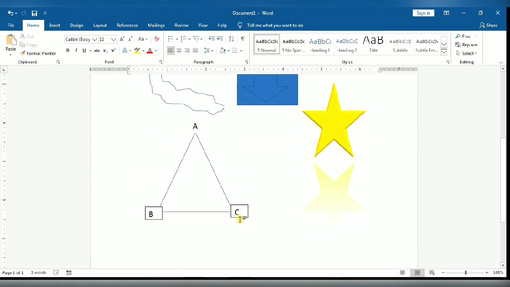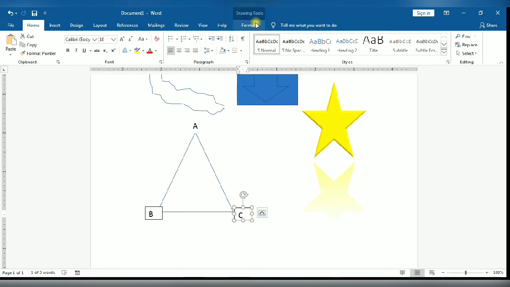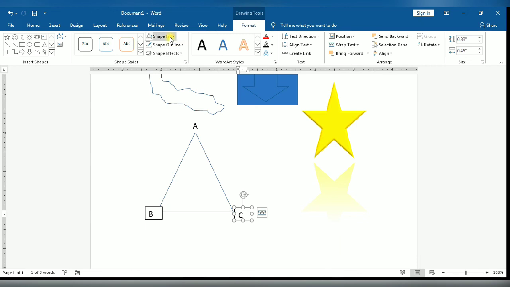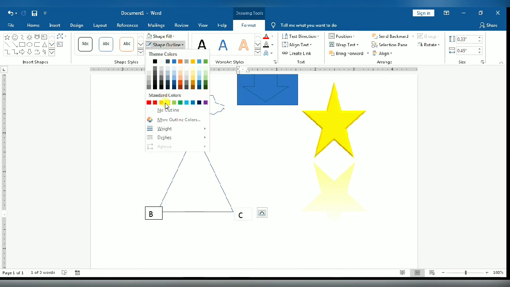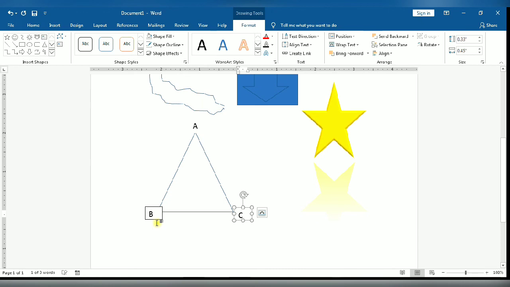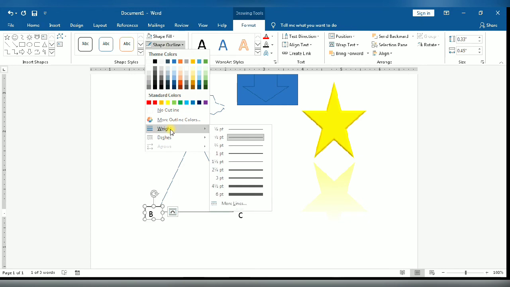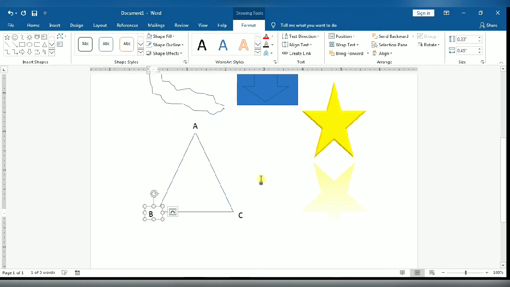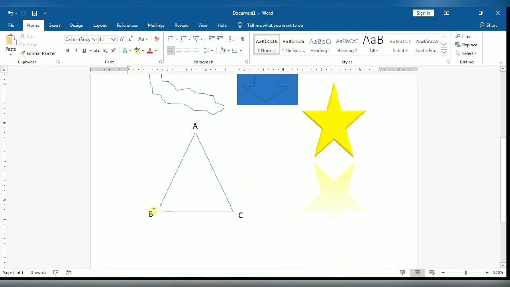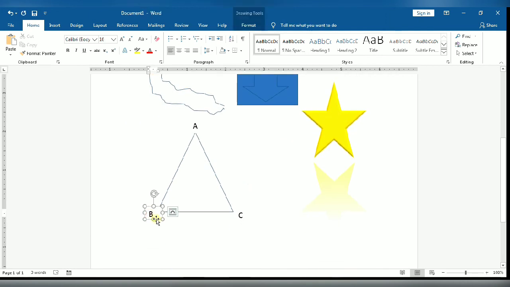You can keep it here, go to the format tab and select shape outline. No shape outline, and you can see C is written here. Again you select this and go to no outline. So now you see your triangle ABC is ready.